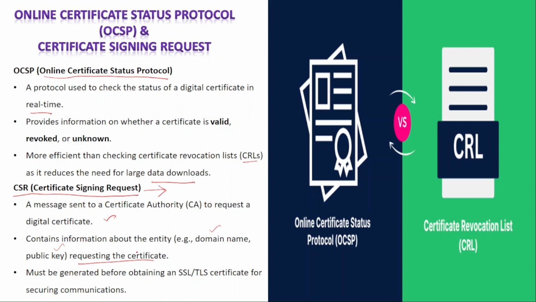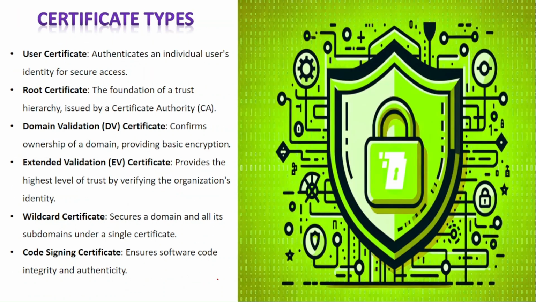So the requesting entity must provide all this information for the CA to issue the certificate. The CSR must be generated before obtaining an SSL/TLS certificate for securing communications. So this CSR request must be generated before any entity can get this SSL or TLS certificate. So now let's